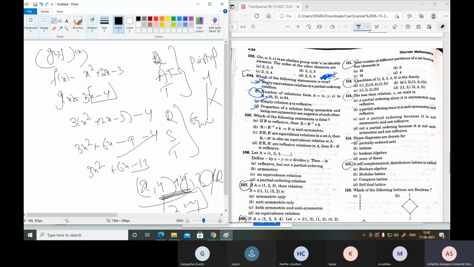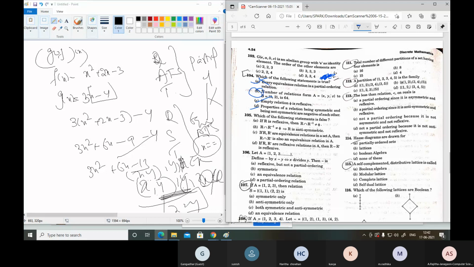ఓకే, కొన్నిసార్లు మనకి ఏమవుతుందంటే x, y, y, z, y, x belongs to R. Now these two are different ఉంటాయి. సో కొన్నిసార్లు సేమ్ ఉంటాయి. సేమ్ ఉన్నప్పుడు యాంటీ సిమెట్రిక్ కిందకి వెళ్తుంది. అంటే ఎవ్రీ ఈక్వివాలెన్స్ రిలేషన్ ఈజ్ ఏ పార్షియల్ ఆర్డరింగ్ రిలేషన్. ఫాల్స్ కాదు, అదే చెప్తున్నాను మీకు ఇక్కడ. ఎవ్రీ ఈక్వివాలెన్స్ రిలేషన్ అనేది పార్షియల్ ఆర్డర్ రిలేషన్ కాదు.